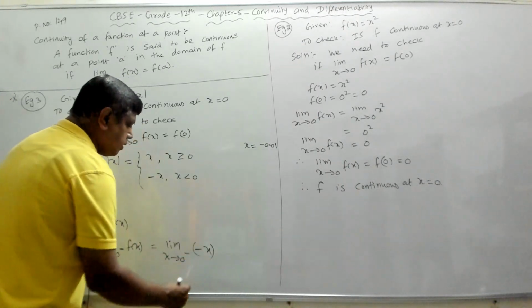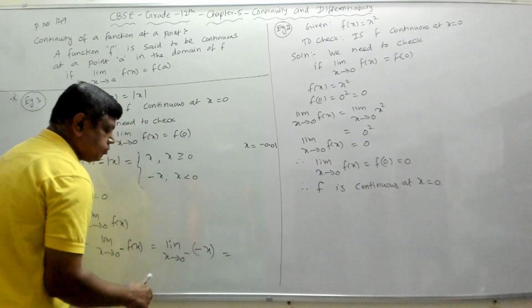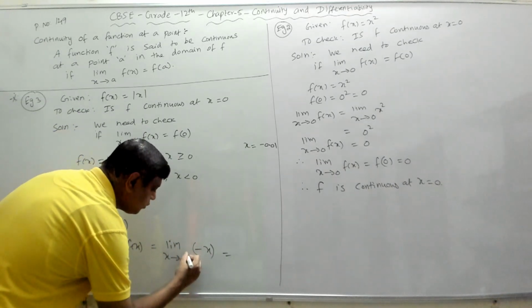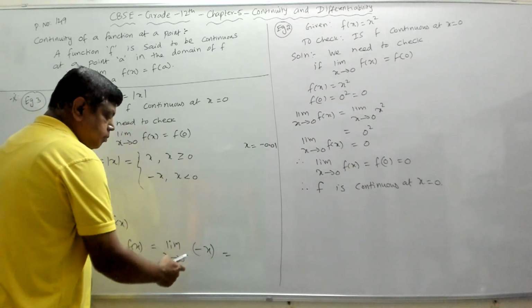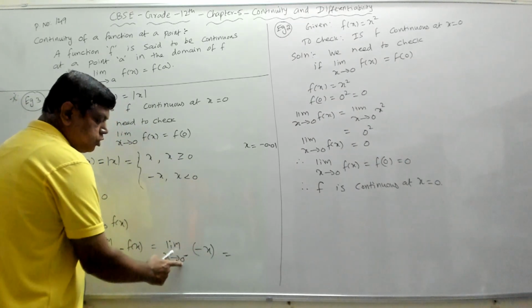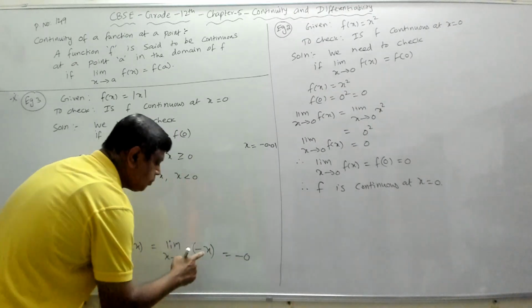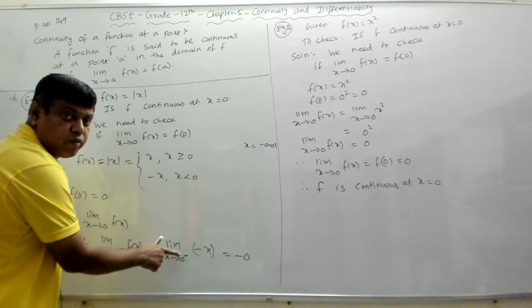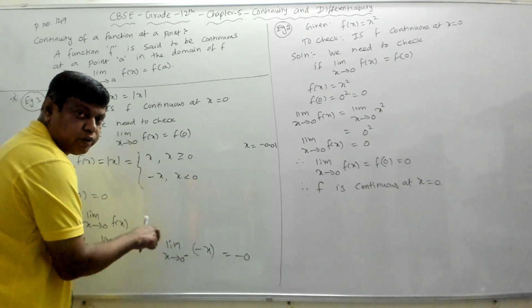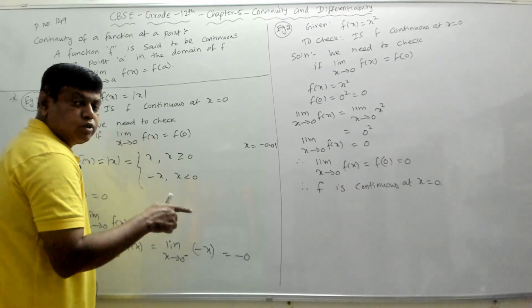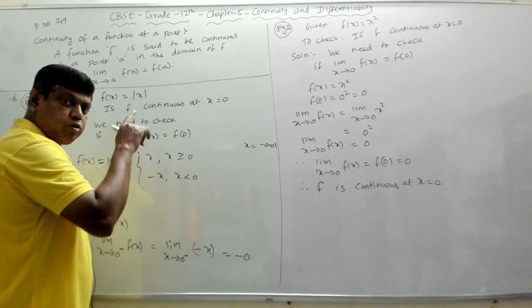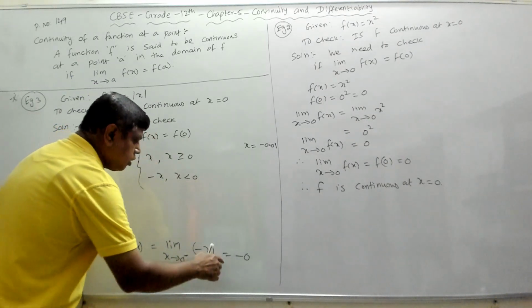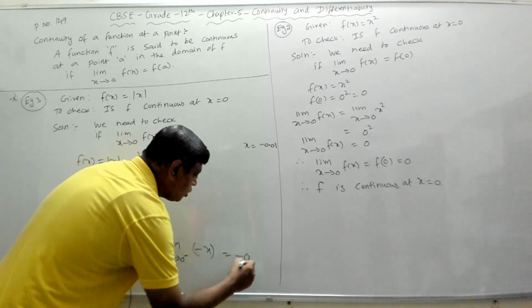Now we'll substitute the value of the limit. Now we'll substitute 0. It's not 0 minus. This minus denotes that x is approaching 0 through values less than 0. When you substitute the limit, in the place of x we should put 0, so it will become minus 0. Don't worry about the minus on top of the 0. That tells you that x is approaching 0 through values less than 0. It is not minus 0. So if you substitute 0 here, you'll get minus 0, which is 0.